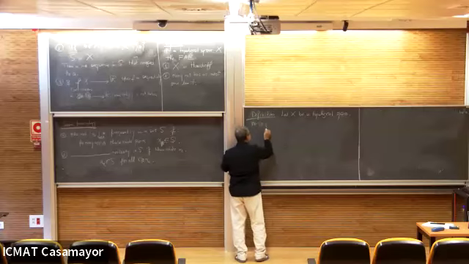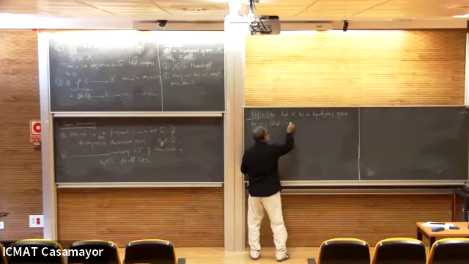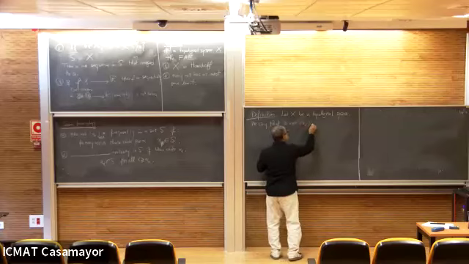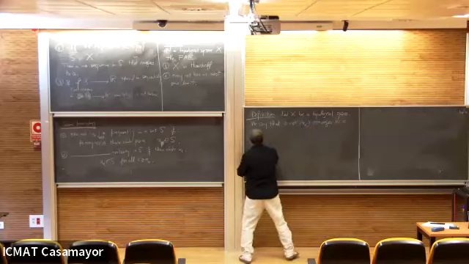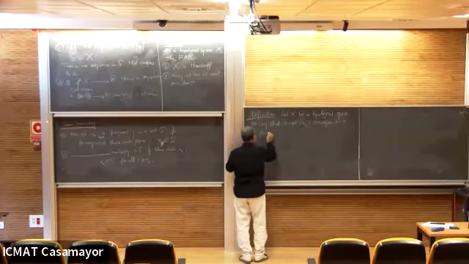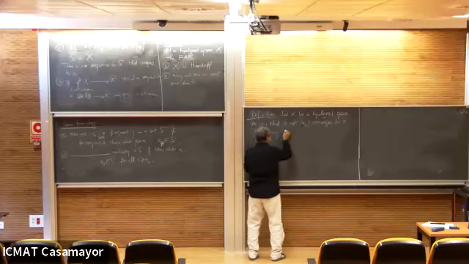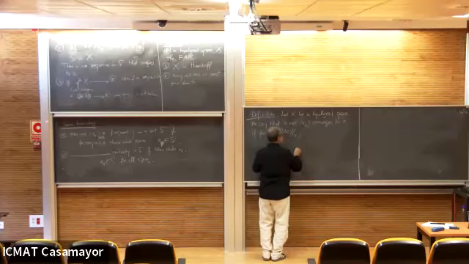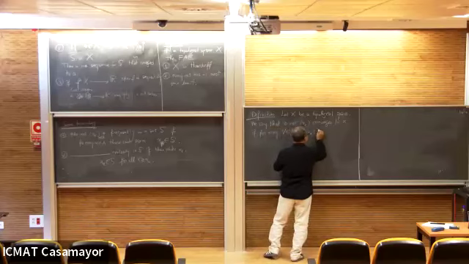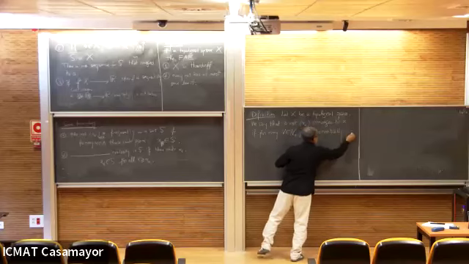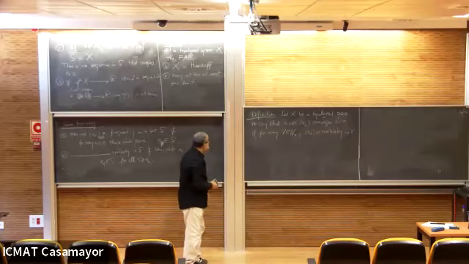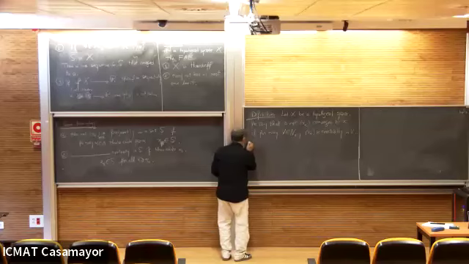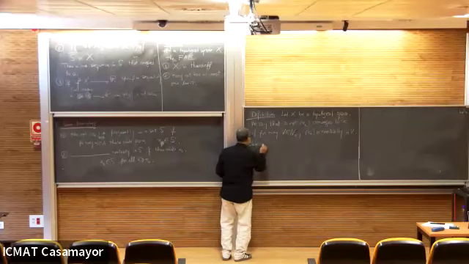We say that the net X alpha converges to X if for every V neighborhood of X, X alpha is eventually in V. This means that there exists some alpha 0 such that